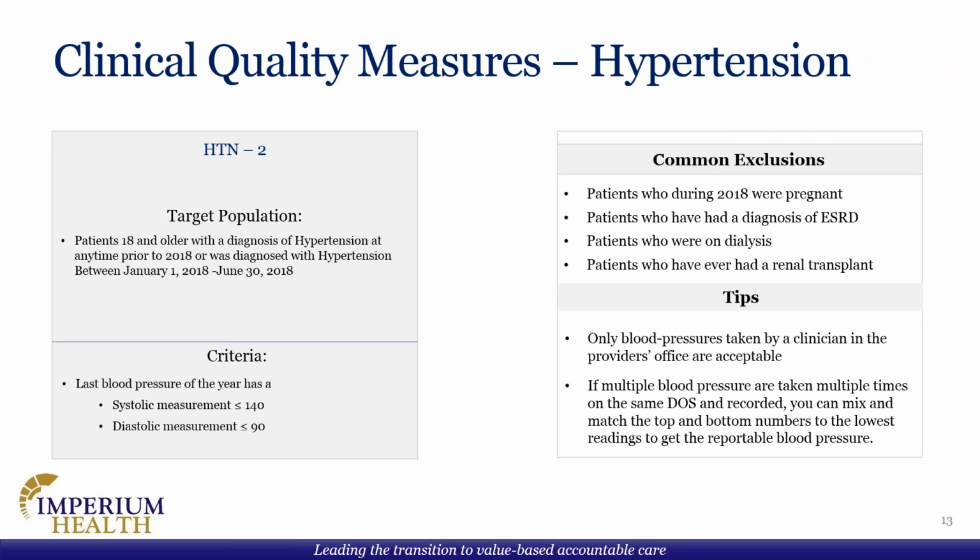The next clinical quality measure, focusing on those at-risk populations, is the hypertension measure. This is going to be focusing on patients ages 18 and older with a diagnosis of hypertension at any time during 2018 or prior to 2018. For this measure, we want to make sure that patients who have had a diagnosis of hypertension before 2018 or in the first 6 months of 2018 have had a A1 or get their